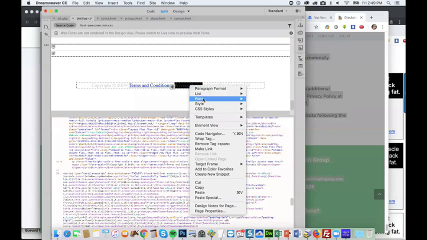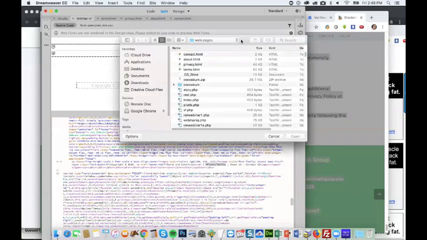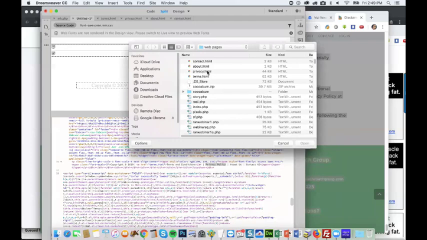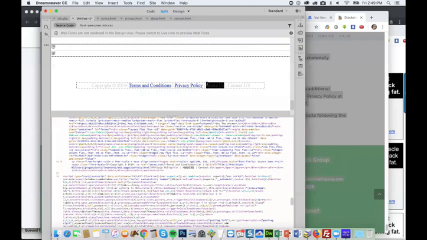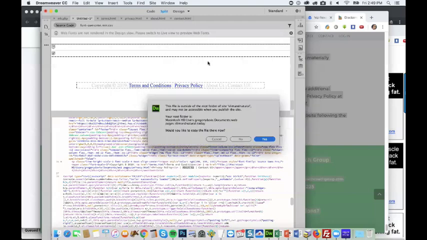You don't have to be a web designer, like I said, but it does help if you can do basic stuff. All right, let's see, what's that again? Privacy. About us. And then contact us.